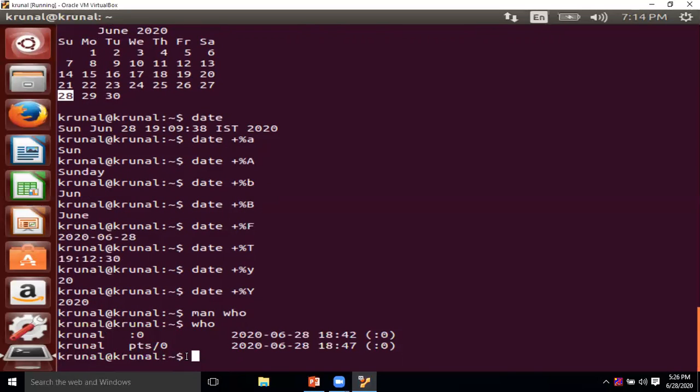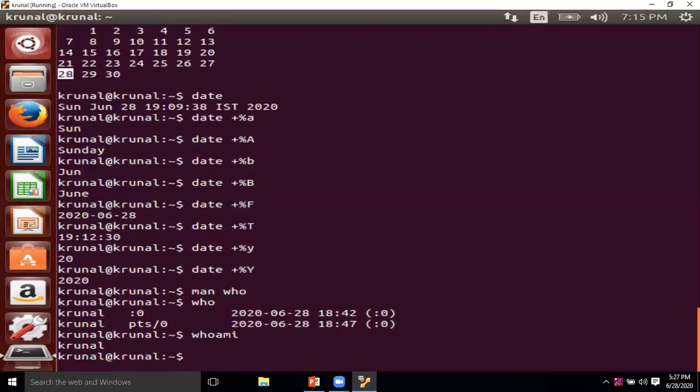Now there are some other options, for example, who am i. Suppose I use this command, it directly gives who is logged in right now. This command shows the name of the user who is currently logged in. So Krunal is logged in right now.